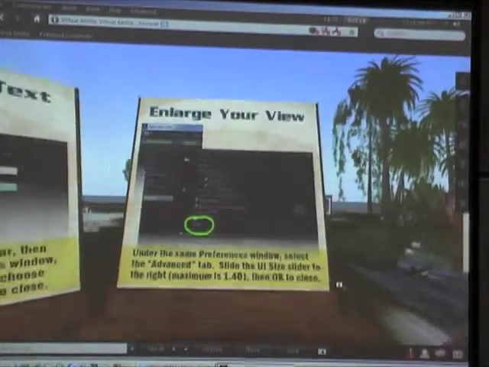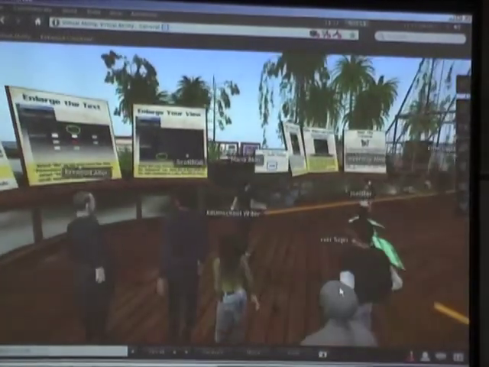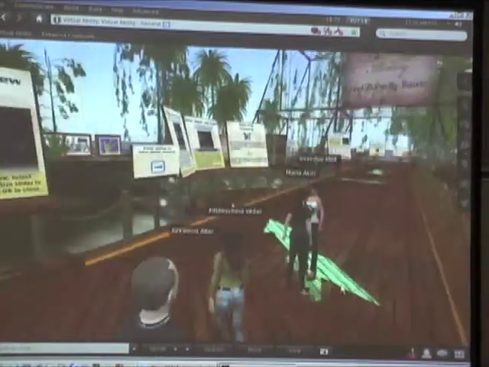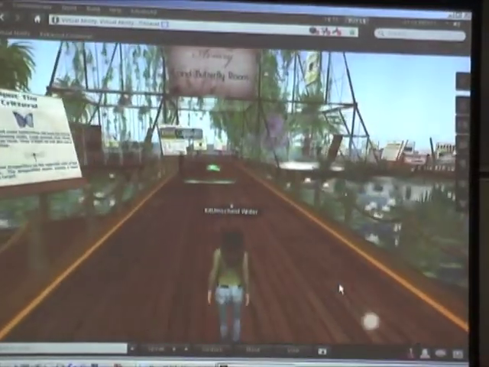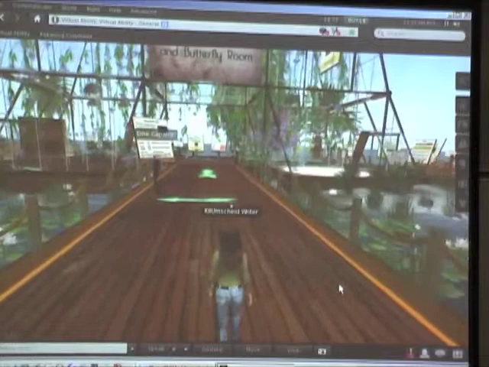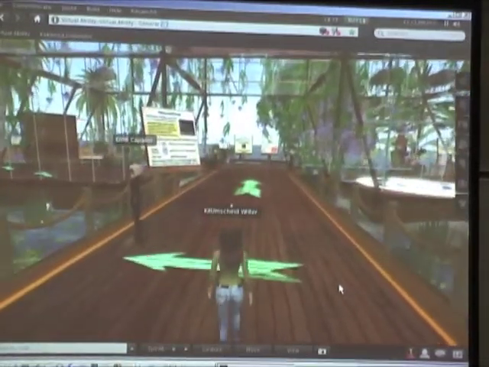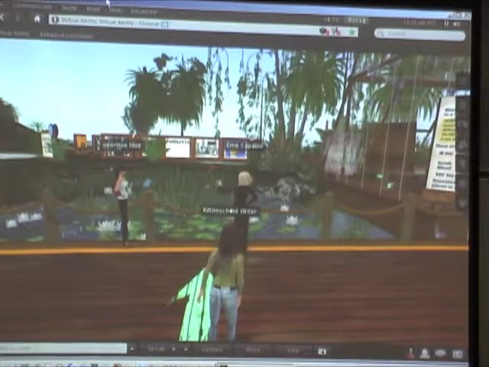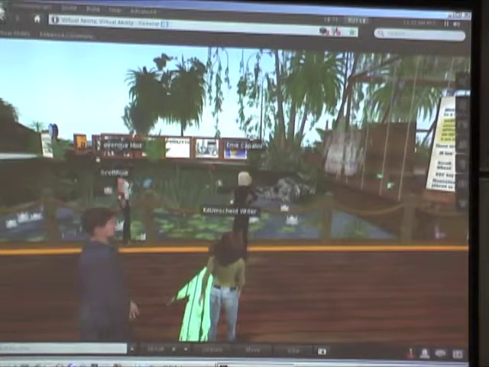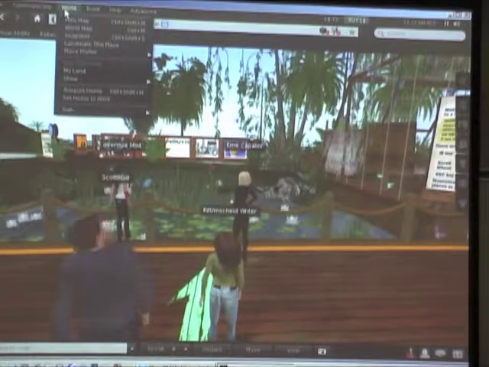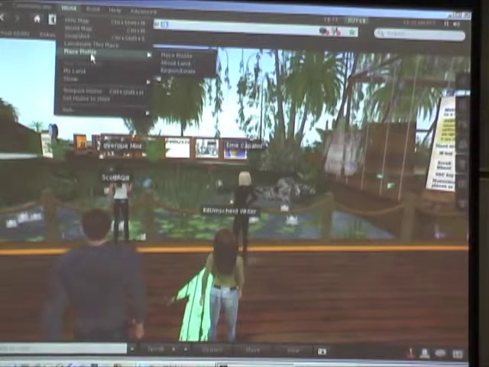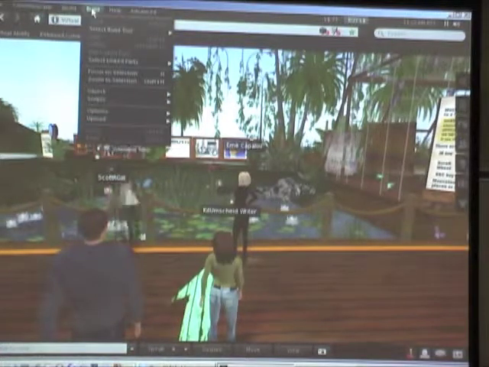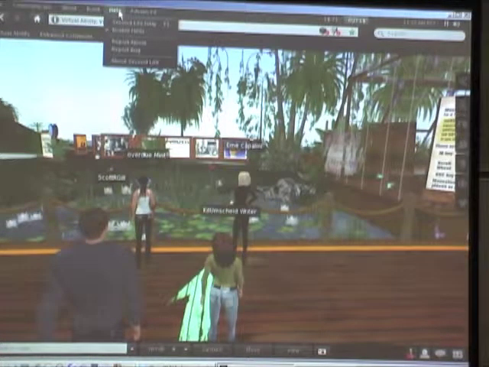So if we can come down a little bit further, we can play with these butterflies. And this is an example of where we've used andragogy to teach and give rewards, immediate rewards. So this is where you learn how to use your camera controls. And you look around and click on a butterfly.